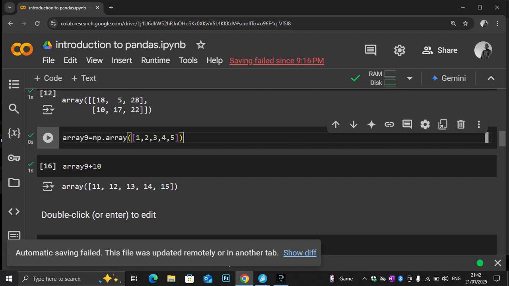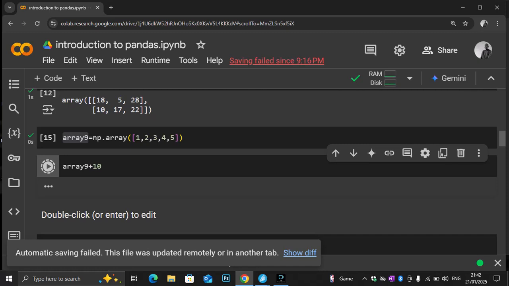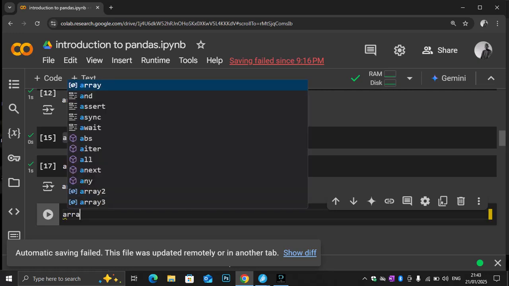So I want to add 10 to everything. If I add everything, here becomes 11, 12, 13, 14, 15. So this is what I did. I said the array plus 10. Did you see it? Array plus 10. It will add to the array. Now when I say array 9